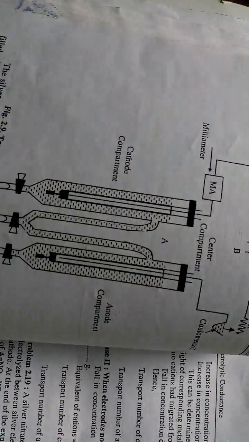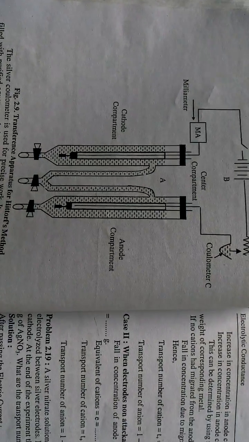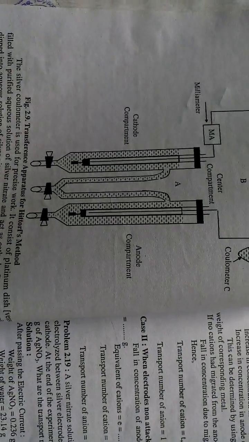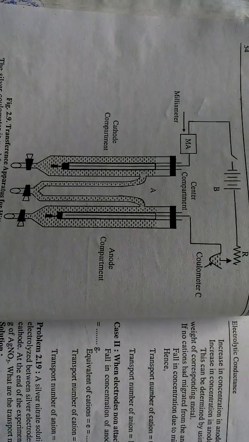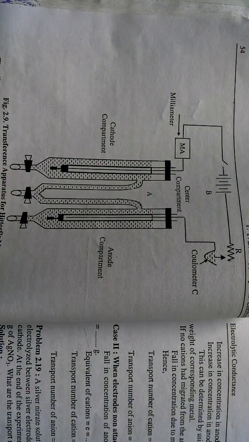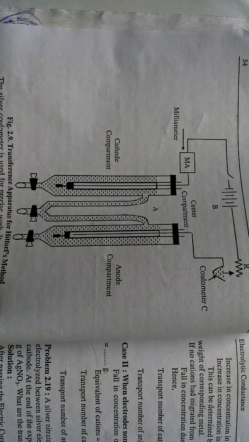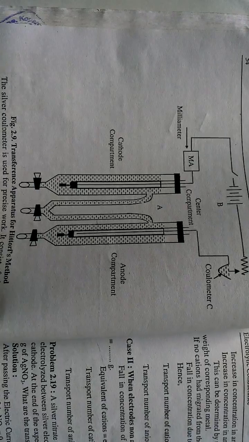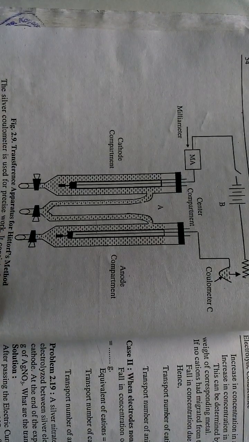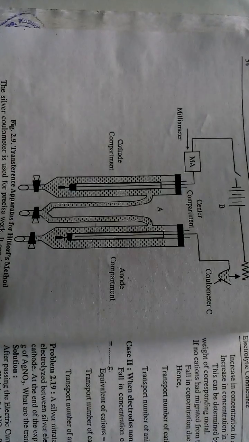This type of instrumentation can be used for this Hittorf's method. So we have to study now what various parts are used in the instrument of this Hittorf's method. First of all, this method consists of this type of transference apparatus for the determination of